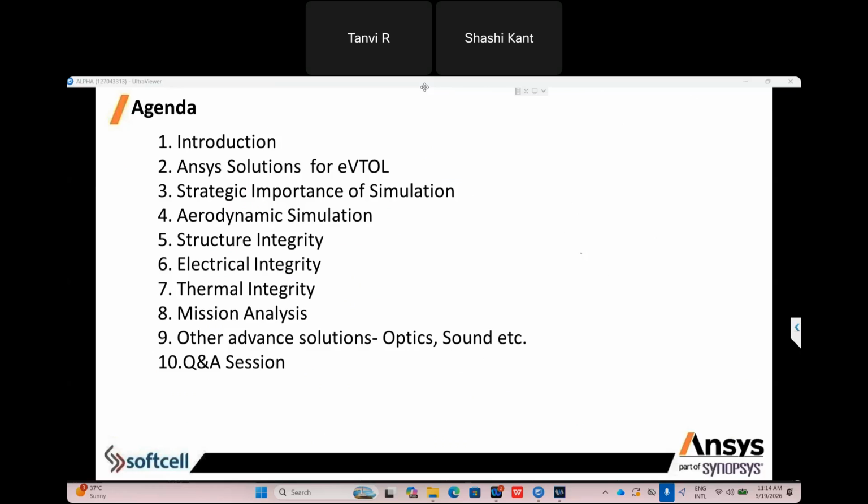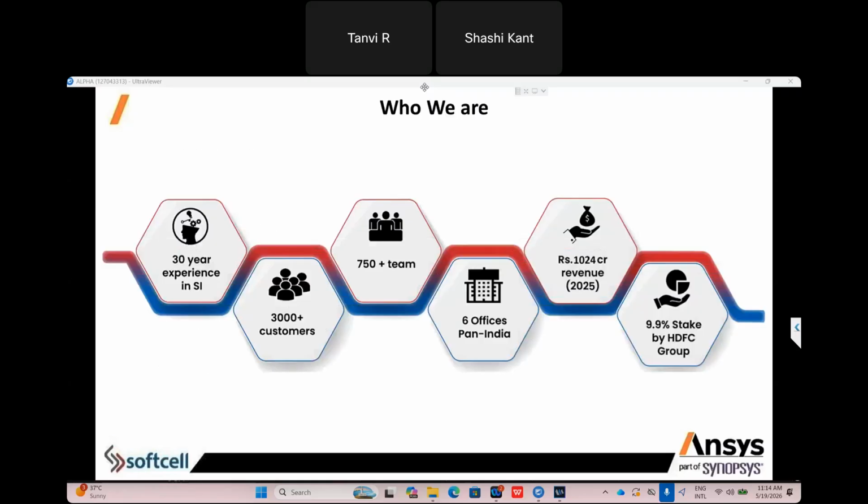We have multiple types of physics like structural, electrical, thermal, and we also have mission analysis possibility in the Ansys solutions. We have multiple solutions which can really help you do simulation virtually on the Ansys platform. So let's go to the next, about Softcell.